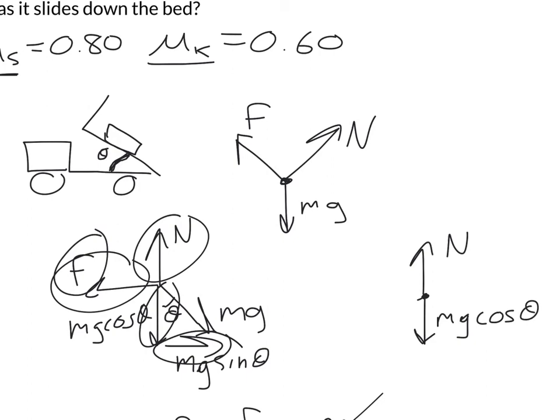But think about it. What's pulling me down the incline? Mg sine theta is pulling me down the incline. But what's pulling me backward? The friction force. And when I make mu smaller, because it's moving now, look at that. That arrow becomes smaller. And now those forces are not balanced, which is why this thing is going to accelerate down the incline. So I need to rewrite my sigma F expression